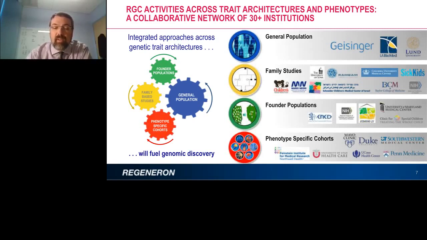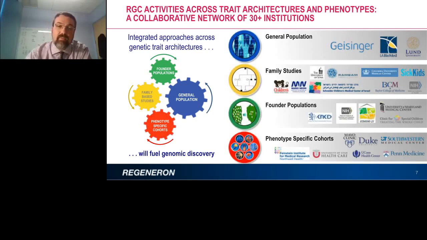Somewhat in between the two, we can look into founder populations. Basically, these are populations that are like extended kindreds or extended families that have gone through some kind of bottleneck, where the frequency of particular rare variants is much higher than one would normally expect because of the effect of founders in the populations. This allows us to do both family studies and general population studies at the same time, collecting large numbers of people who share rare variants, but also finding a highly penetrant disease and really chasing down the impact of a particular variant,